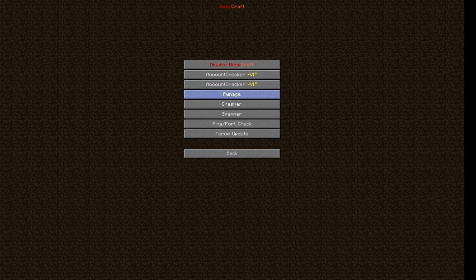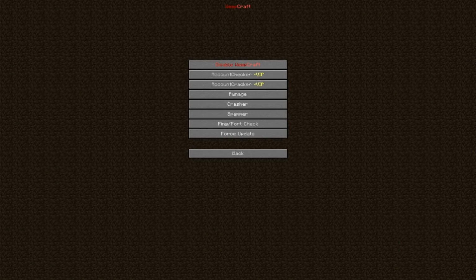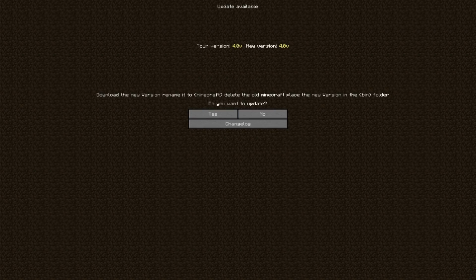And yes, there's also some server crashing features like Pawnage, Crasher and Spammer. If you press something of this, it will open up a window outside of the game where you can type a spam message and press start spamming the server. If you successfully spammed or crashed the server, you can do the ping to see if a server is currently up or down. And there's also a force update function where you can update your Weepcraft client here,